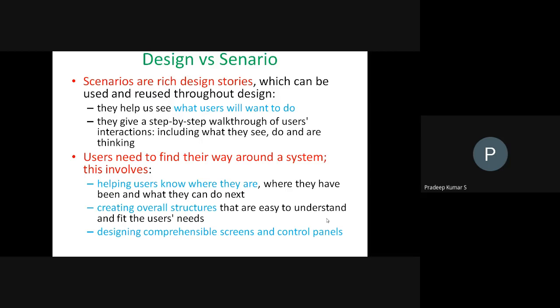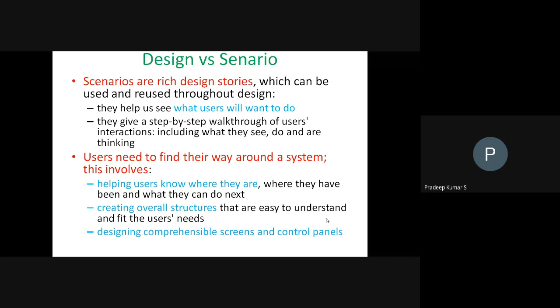In between, the user needs to find the way around the system. So actually I told you the interaction well. Here the user can recognize and understand what is going on in front of them. Then only, with the interaction well, can you understand the scenario. So here